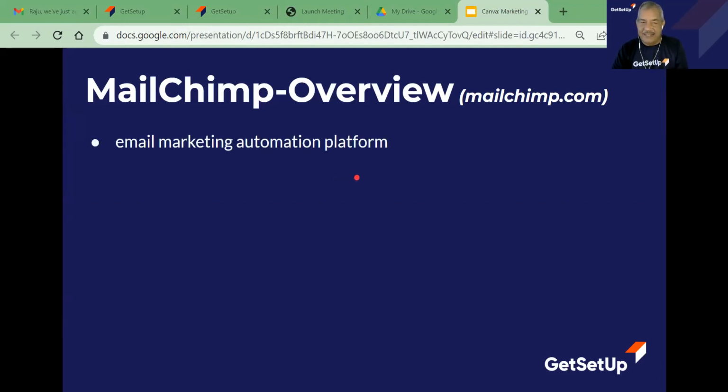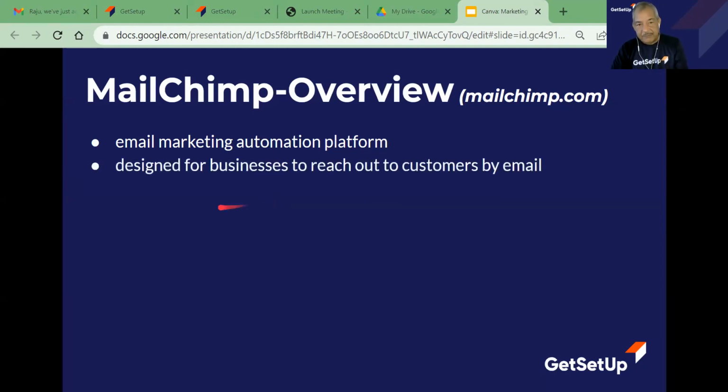This is again an email marketing automation platform. Here also, what we can do, okay, let's go further, then we will talk about that. It is designed for businesses to reach out to customers by email, specifically by email. Secondly, manage mailing lists. Mailing lists in the sense that it is not necessary that all the time we send out